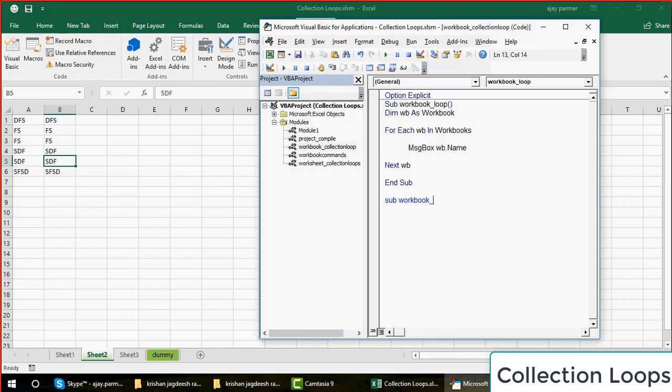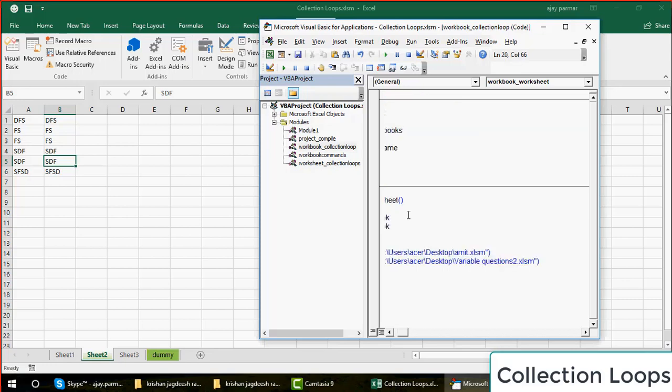So I go and write this workbook select. I will not immediately start copying the data. First of all, I want to show you how you can go in every workbook and select their respective sheets, all the sheets we will go and select.